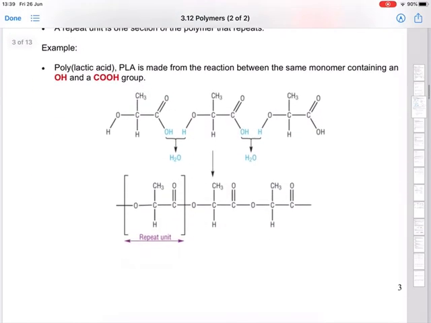Okay, some examples of that actually come from nature. So polylactic acid. Lactic acid is the biology name for this one here. So this would be, if we were to name it, one,